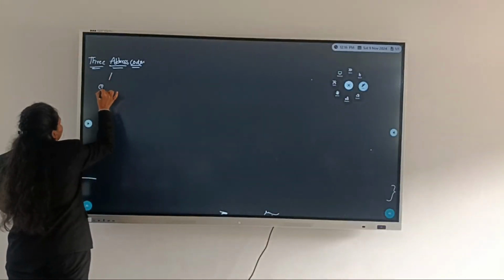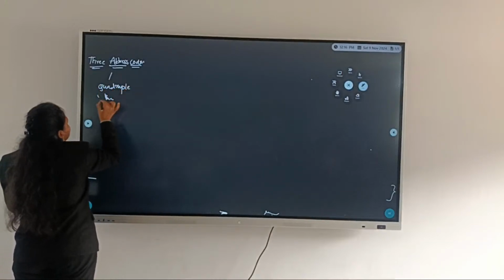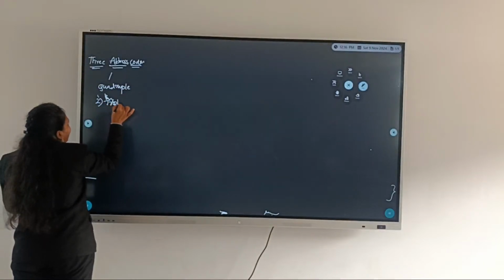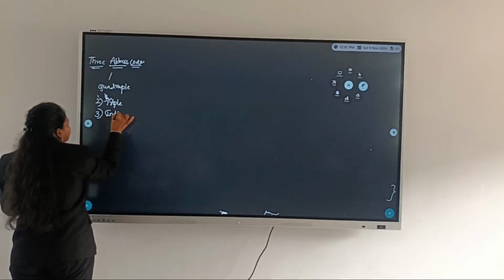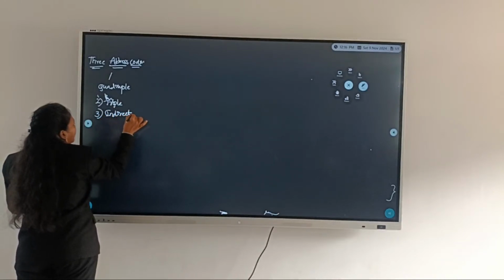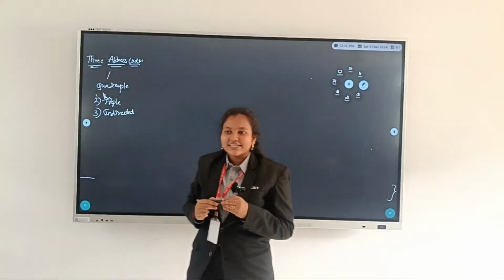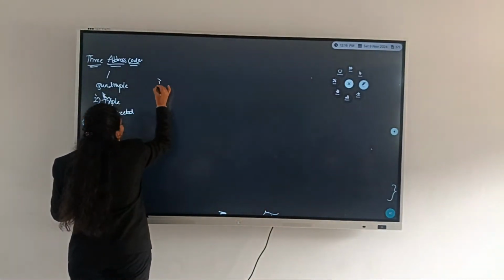One is quadruple, the second one is triple, and the third one is indirect triple. For the sake of these types, let us consider an example. And the example is